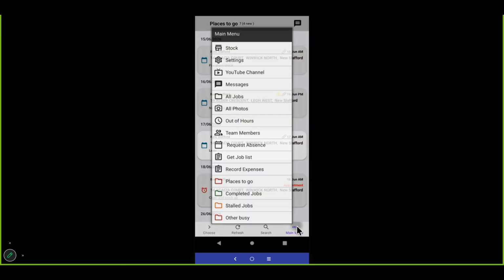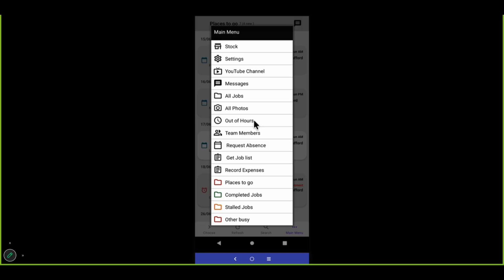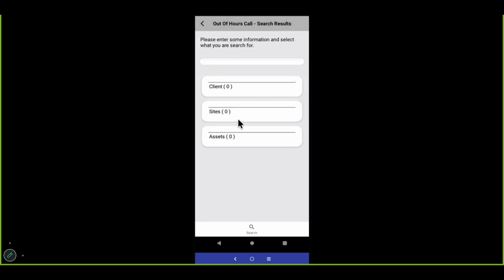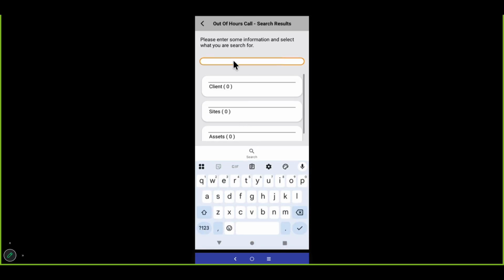So we've got two options that relate to out of hours or can be used differently. So the out of hours option is exactly as it describes. If you click into there, this allows you as an engineer to raise your own job from the app. So if you're on call and you get a phone call in the middle of the night saying, I need you to go to Wenning Road because there's a problem,